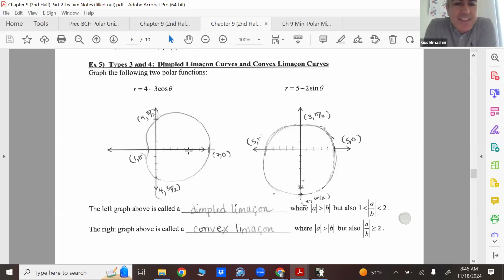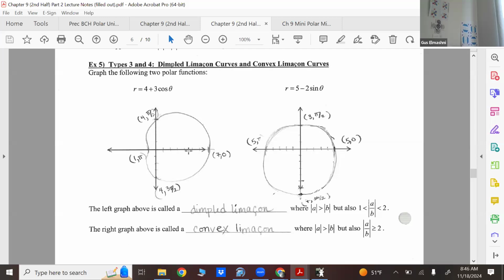a little frustrated. So if you see here, it's still the same thing, the whole a-b thing. In this case, absolute a is bigger than absolute b. Look, when we add these two, 7. Notice how that's the distance from the pole to the end of the outer part of it. And notice how this is 1, which is the difference between these two. And notice it's going to the right because of cosine, and it's positive. Here, notice it's going down, negative, right? The sine is negative, so it's going down. And that's the difference between